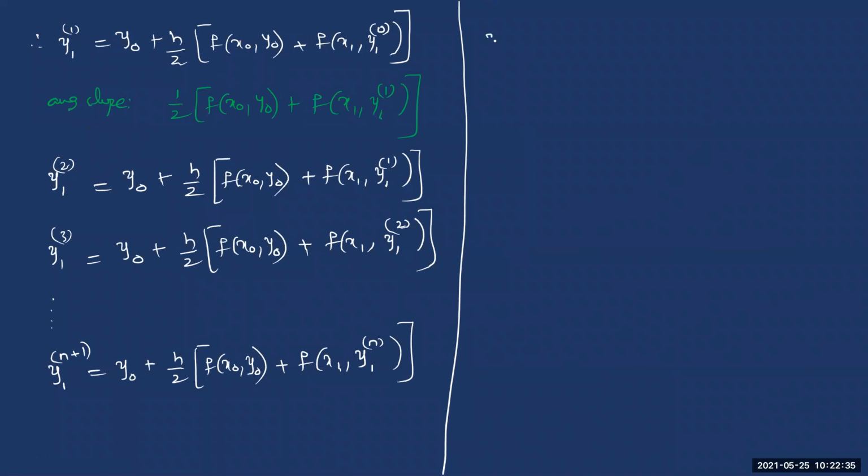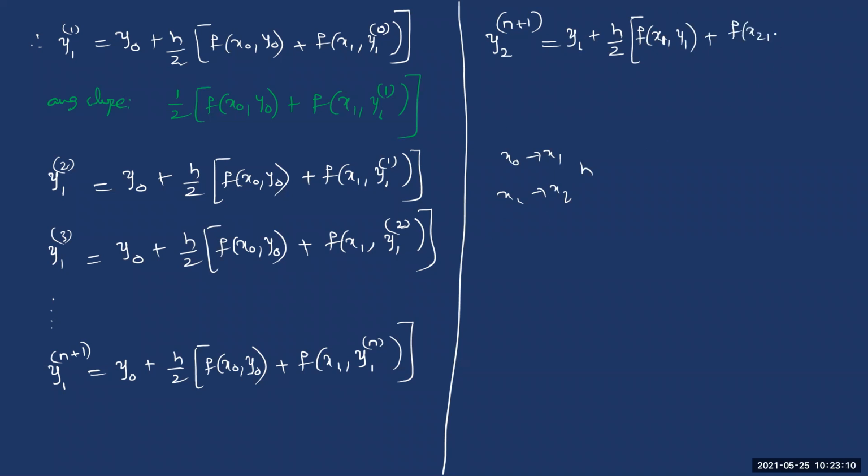So that's how, if you write the formula for y2 n plus 1th approximation, now see, x0, y0 will be replaced by x1, y1, right? So that here instead of y0, you will get y1 plus h by 2 times. h remains the same because the distance between x0 and x1 and between x1 and x2 remain the same. They are simply h only. So this h remains as it is. But here we calculate the slope at the point x1 comma y1, and the next approximation, you will get a certain initial approximation, which is f of x2 comma y2 nth approximation.